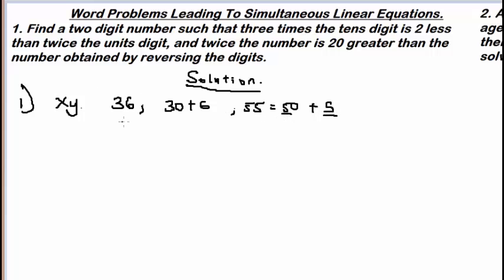That means in every two-digit number, you have the tens digit and you have the unit digit. In this case, the first one is always the tens digit. So that means x is the tens digit, while y is the unit digit. Such that 3 times the tens digit, which is x, this becomes 3x